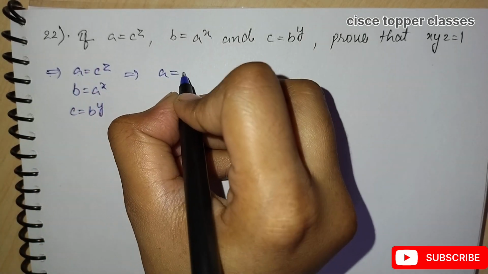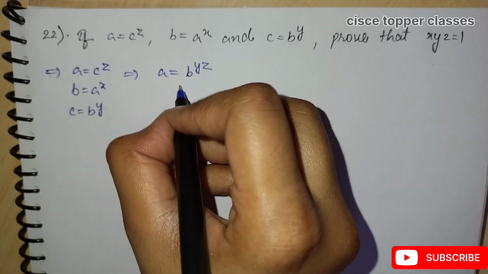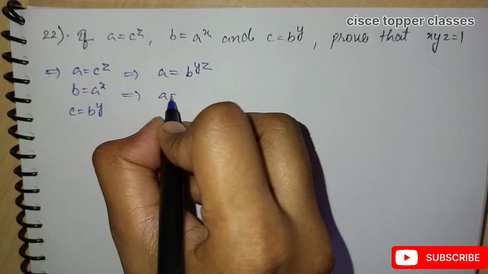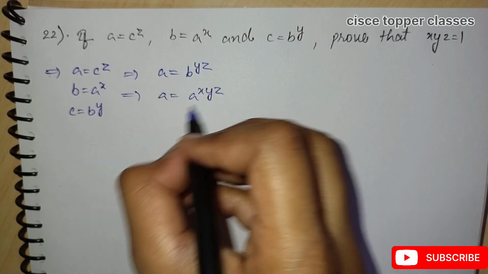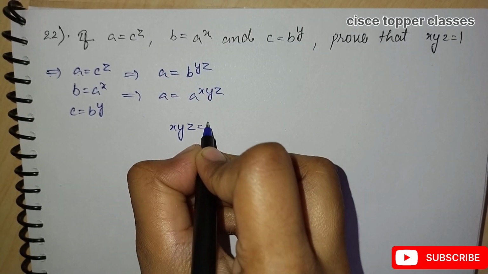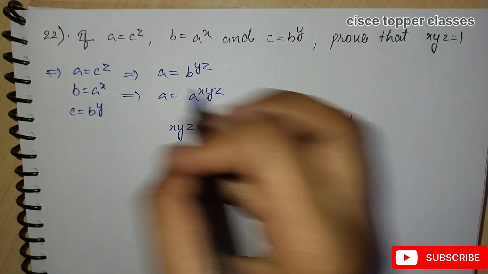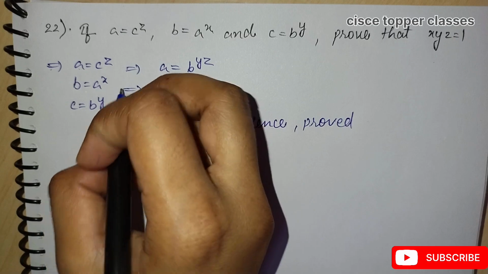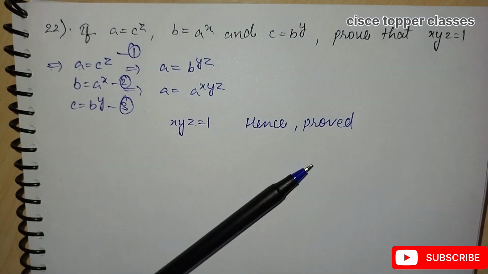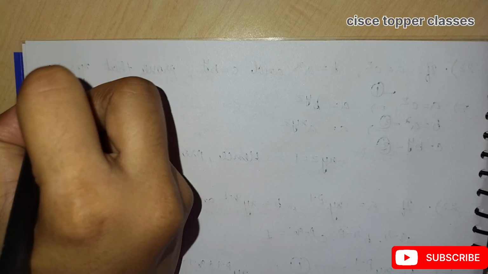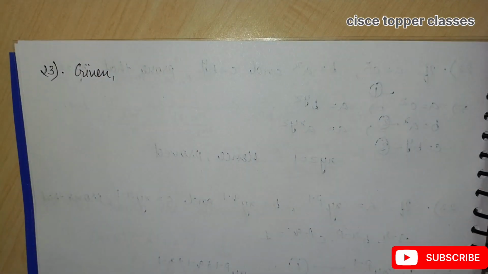So A is equal to BYZ on multiplying. Here B is equal to AX, so we can write A equal to AXYZ. On comparing the value from here, XYZ is equal to 1. Hence proved that XYZ is equal to 1 from these three equations, putting them as first, second, third. Here we are going to solve the 23rd question, and the given information in this question is: if